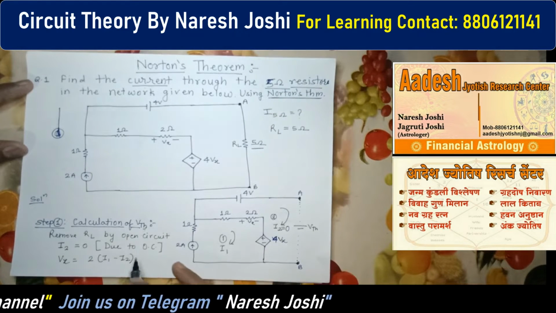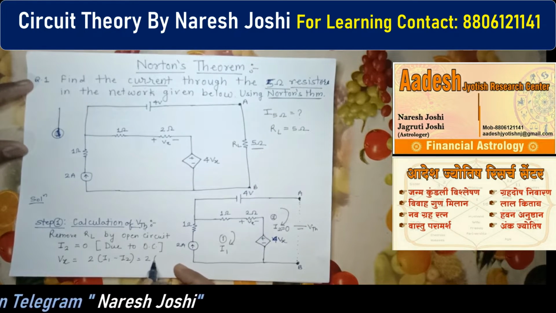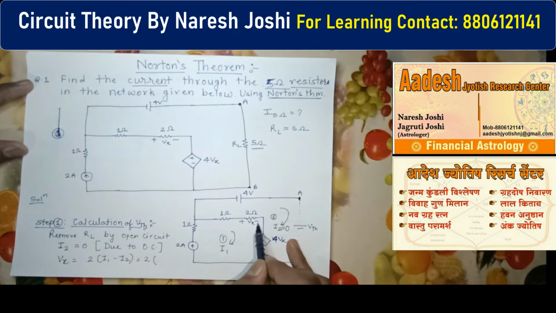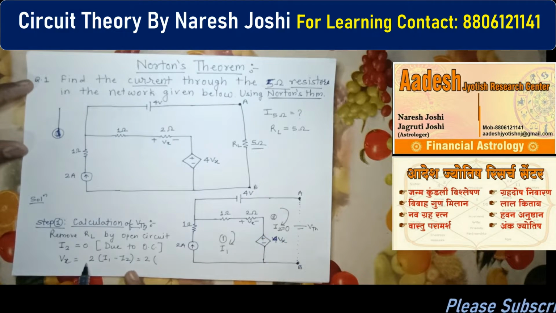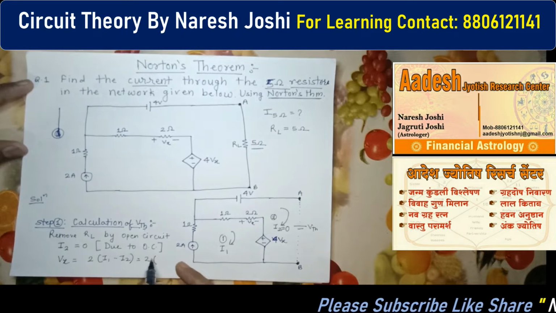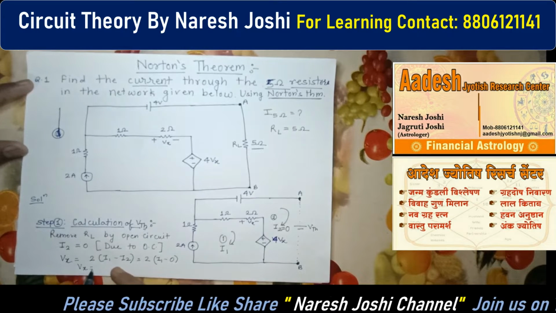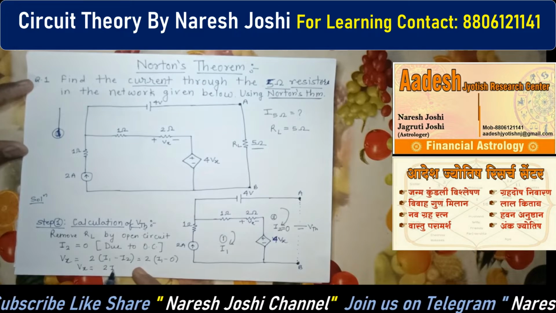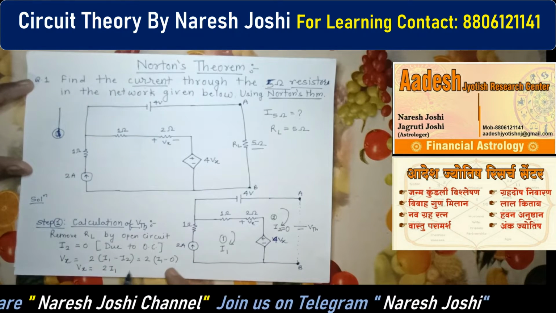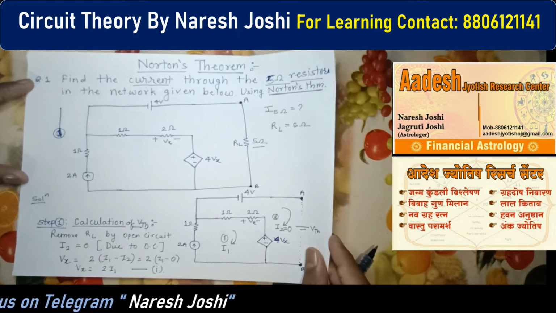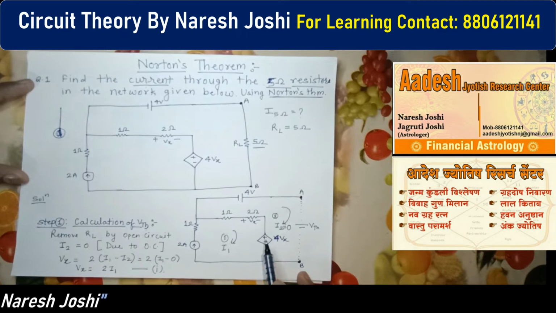Later on you can see the value of I2 equals 0, so you can write down this equation. Clear? One important thing: I have written the plus sign directly here. Don't get confused. If you move in this direction, minus will come first, so you would write minus first, but you are moving in this direction, so plus comes first, so I have just written plus here. So you can see this is 2I1 and the other term is 0. So finally, what is Vx? Vx equals 2I1. We can call this our first equation.